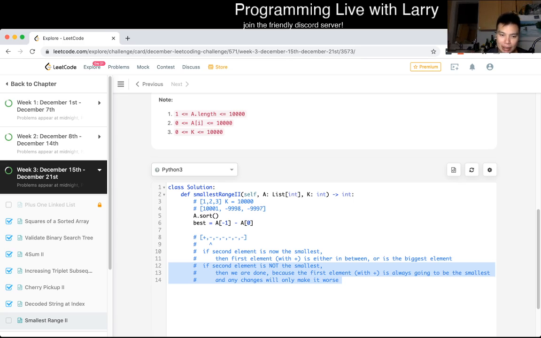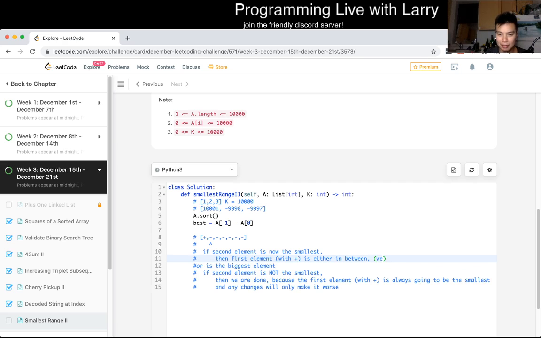But this part, there is an additional concern I have, which is, what if it is in between again? Then we're done with the first element, to be clear. And then you can think about this as a sub-problem and just solve it for the sub-array, ignoring the first element, right? Or if it is the biggest element, then what happens? Well, if this is the biggest element,